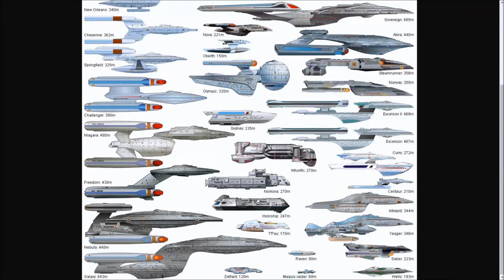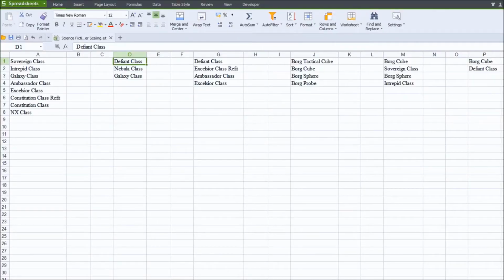Well, I had to take a break there. This is actually going on for a lot longer than I imagined it would, but just to explain the power scaling. So, overall, let's switch back to the spreadsheet. The spreadsheet is going to be expanded very much in the future, simply because of the sheer scale of things that we have. The next thing is the Defiant class against the Excelsior class refit,